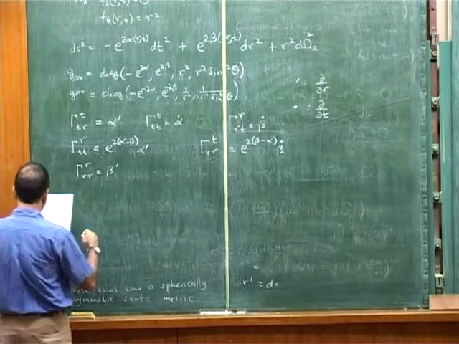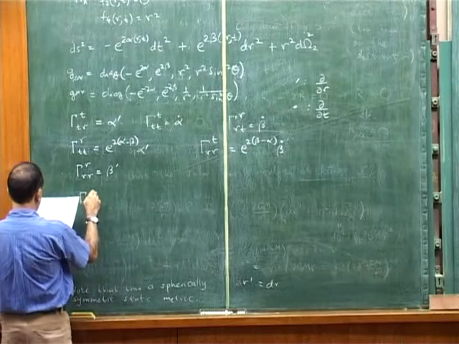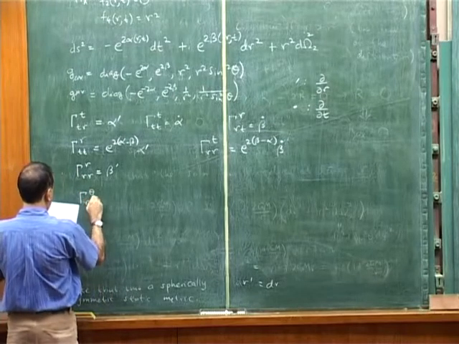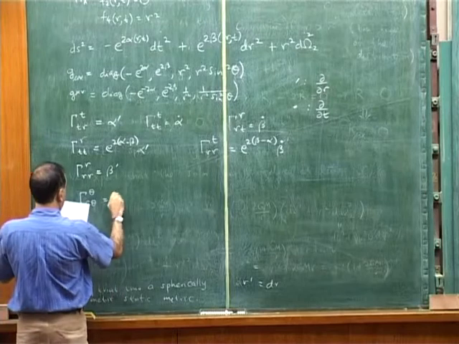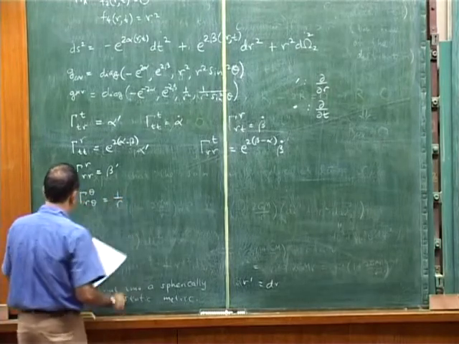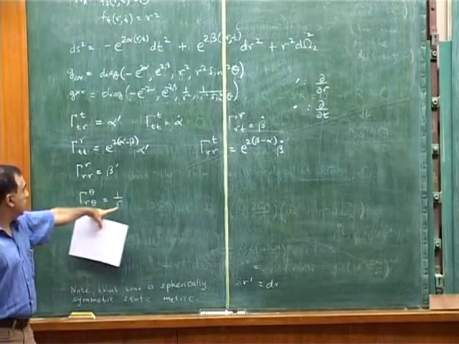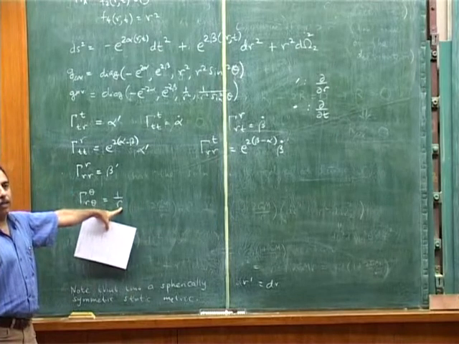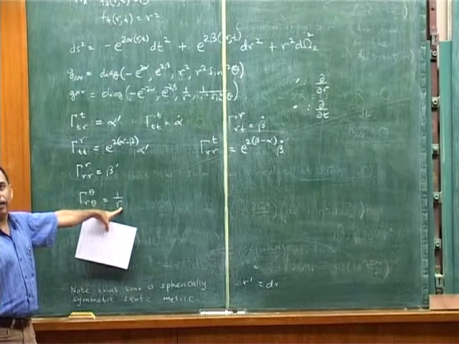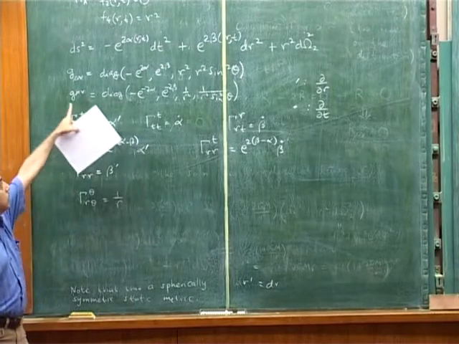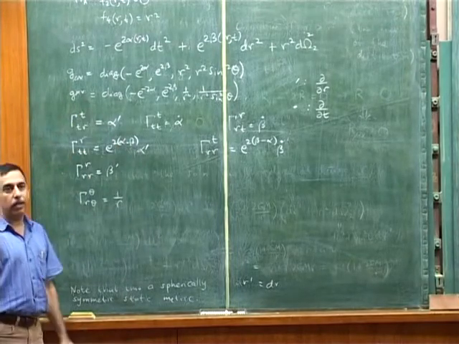The next set of gammas do involve theta and phi. Some of them are trivial in the sense you can see that this doesn't depend on alpha and beta. So this is what you would also get if you were doing flat space. Flat space is a special case of this solution where alpha and beta are 0.